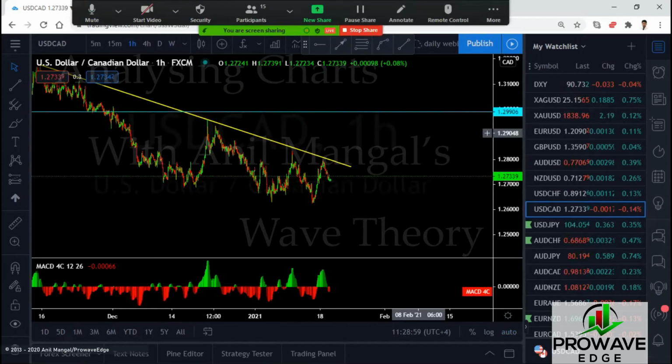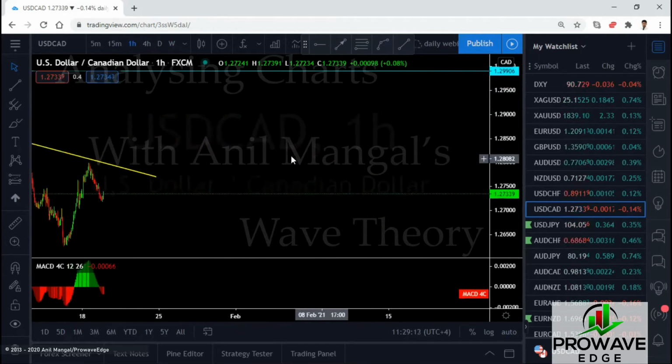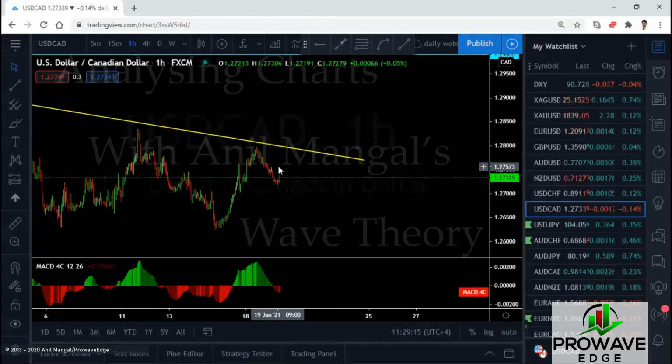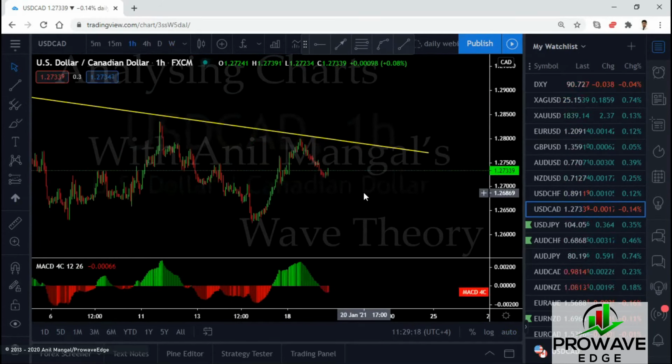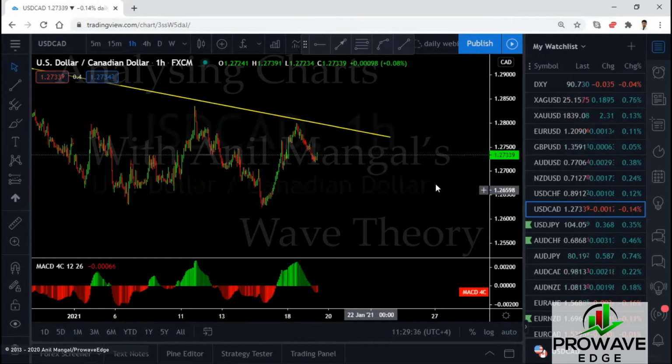We'll look for sell setups. We'll have to have a flag here, and then we'll sell it. If they consolidate here, we'll buy. If you want to know the difference between consolidation and flags, send me a message. I'll tell you how to learn that part. So let's go. Either we get a flag and we sell, or we get a consolidation and we buy. Flags would look like this. We sold these. If you remember, we sold that, we sold this, we sold this. So if we get the same thing, we'll sell, we'll sell, we'll sell. Break the low, we stop selling. We're looking for buys.